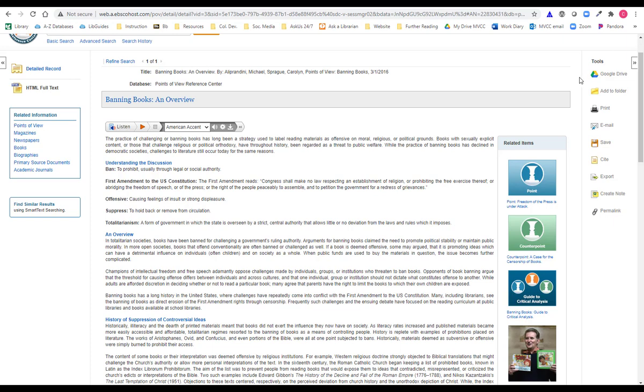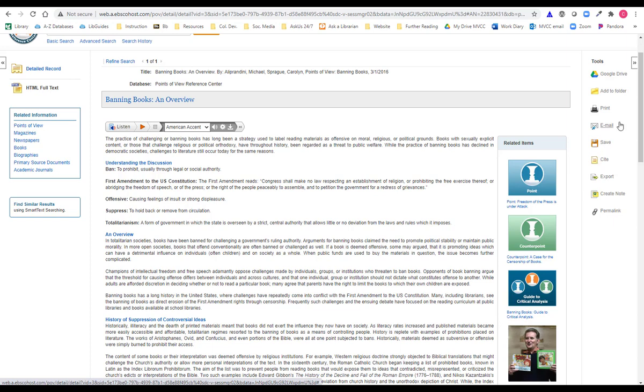Over on the far right, you again have those options to save or print or cite this source. Remember to always save the source or its citation somewhere so you can easily find everything back later. It's very likely that you'll need to come back to this source later for some reason, so make it easy for yourself.